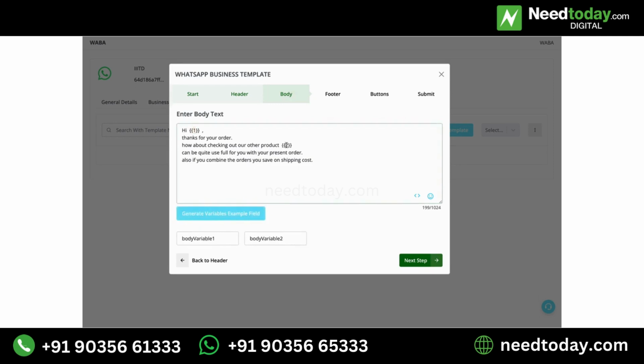Now you can have more than 2 variables as well by clicking this option, but you need to give example to WhatsApp on what you're going to fill in the variables. Just one example. So here I'm just simply writing the name, and the product can be